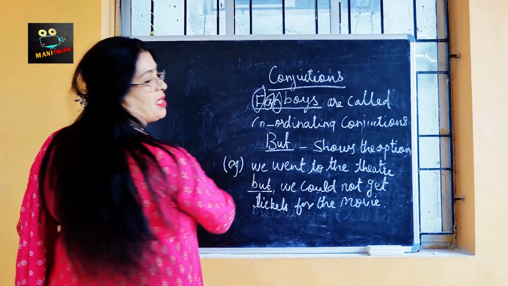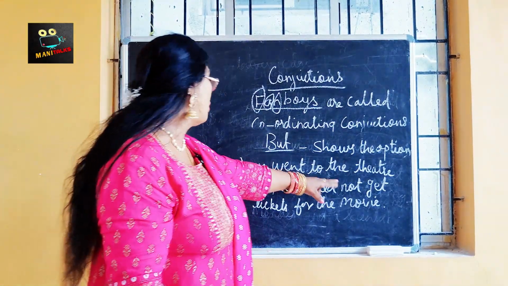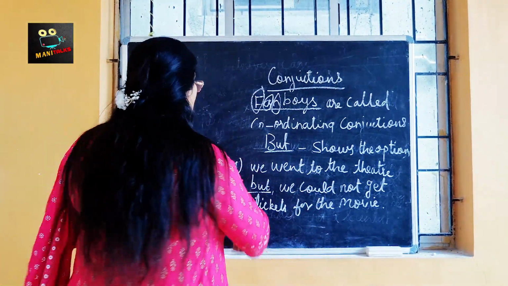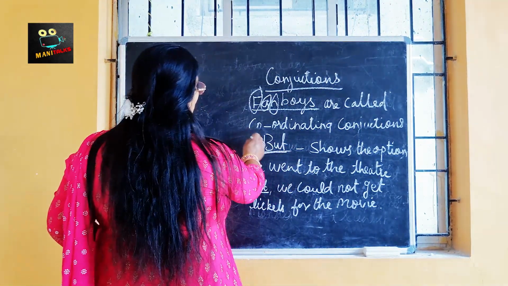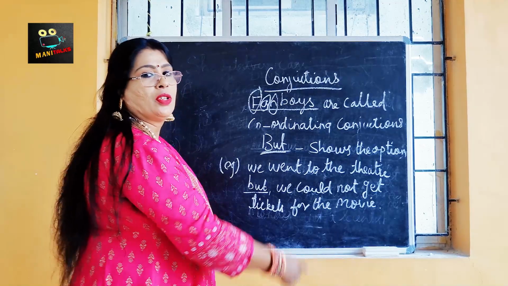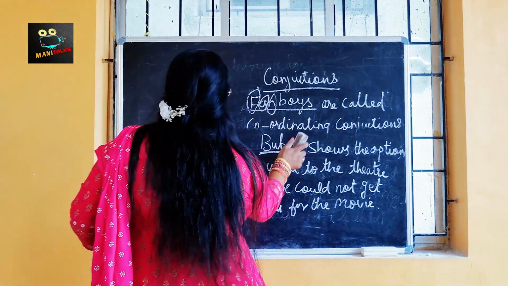So but is used here. Okay. So do you understand? We went to the theatre but we could not get the tickets for the movie. So here we use but. So but is very important for coordinating conjunctions for us. So I gave you an example of but also. Next is